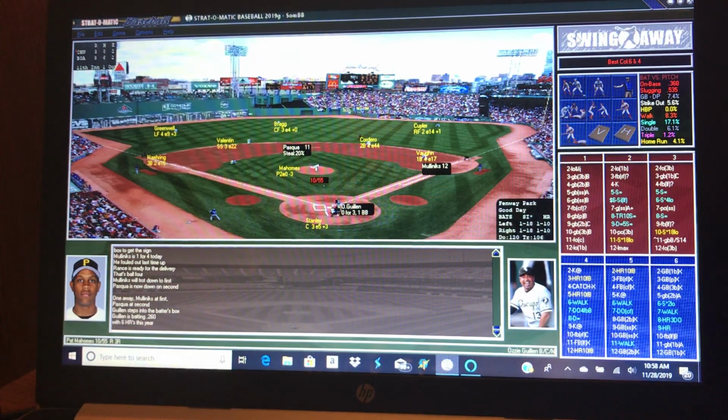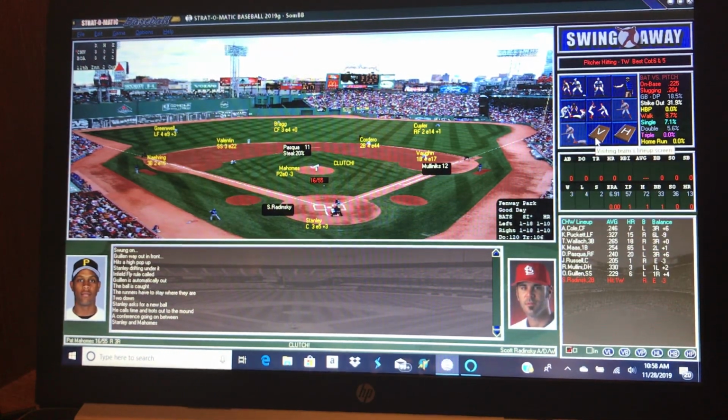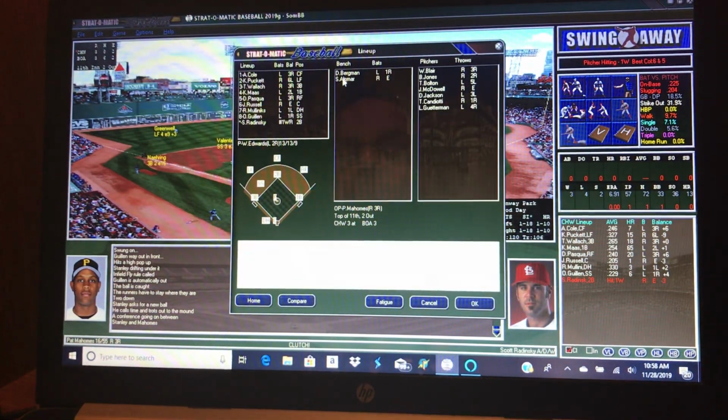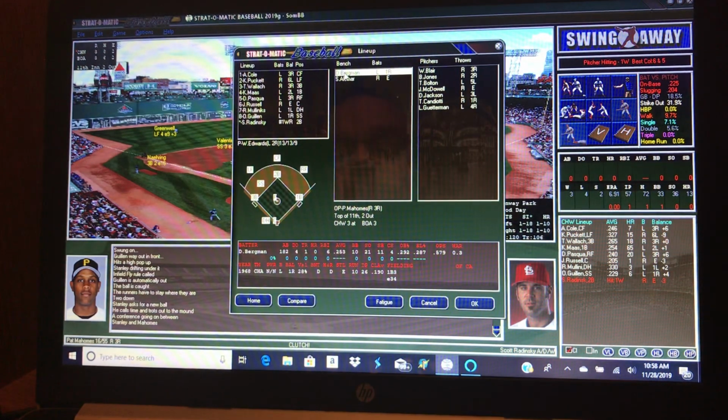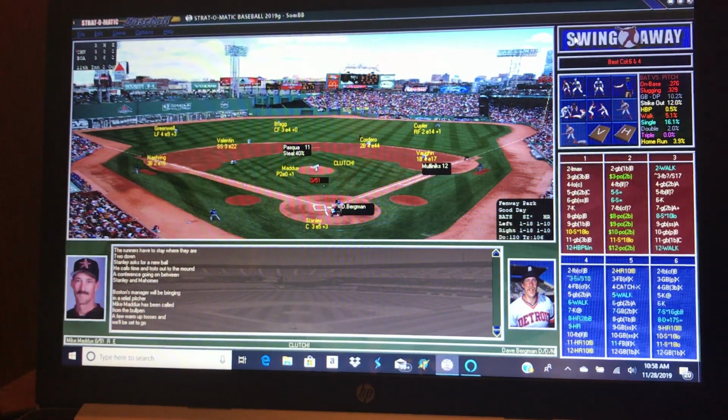Well, I'll tell you what, if Guillen gets on, we are going to pinch hit for... No, it's caught. Oh, wait. That's only 2 outs. Yeah, Radinsky's up, so I am going to pinch hit for him. We're going to have to bring in somebody that doesn't play second, but at least it'll be an actual fielder. And this is going to be batting against Mahomes, who's a righty and a 3R. We're going to bring in Dave Bergman, who is a lefty and a 1R. And he'll probably play second for me.